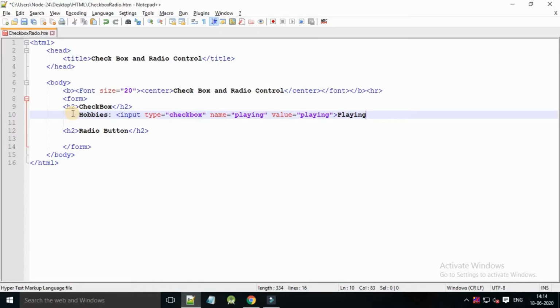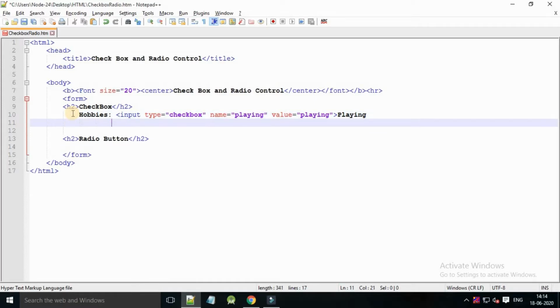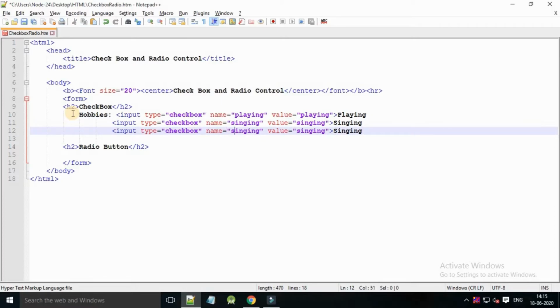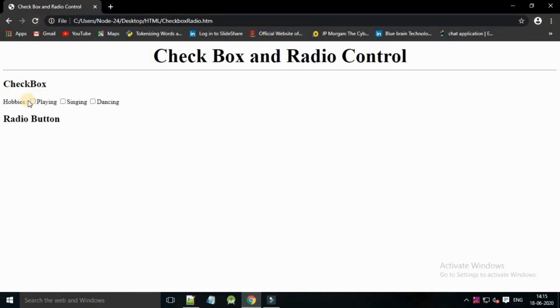Here playing is used to give a name to the control, which is sent to the server to be recognized and get the value. Another attribute is value. Value is equal to double quote playing. The playing value will be used if the checkbox is selected.